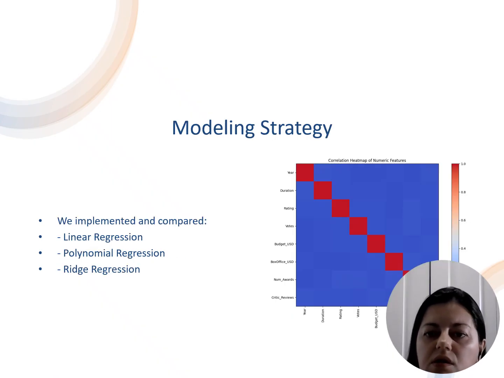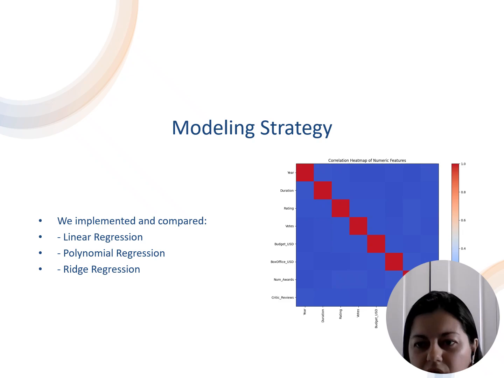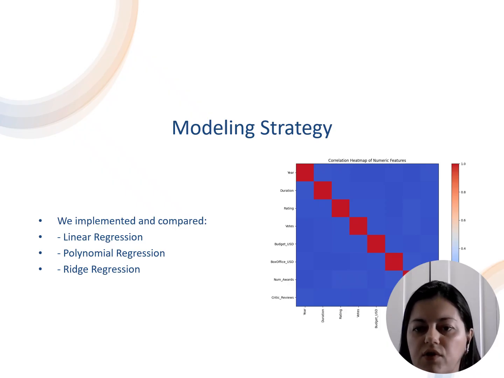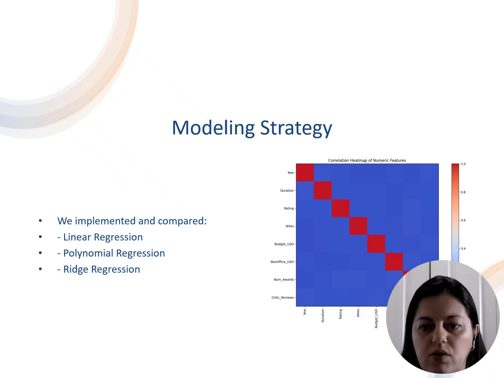Modeling strategy. Once the data was clean, I created and tested three regression models: linear regression, polynomial regression, and ridge regression. I experimented with both single variable and multivariable models. Before training, I applied standard scaling and created polynomial features for more complex relationships.